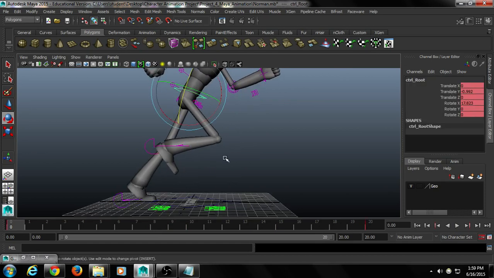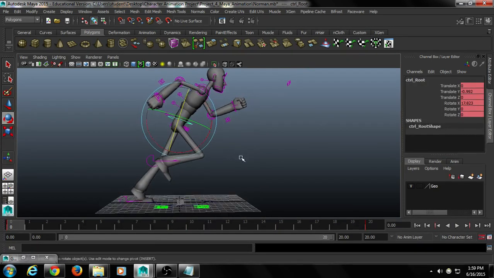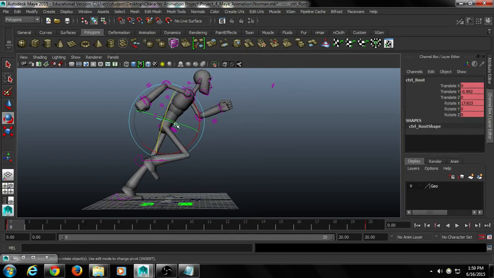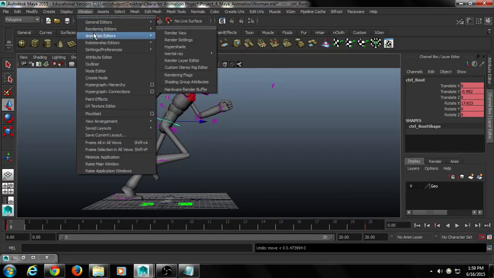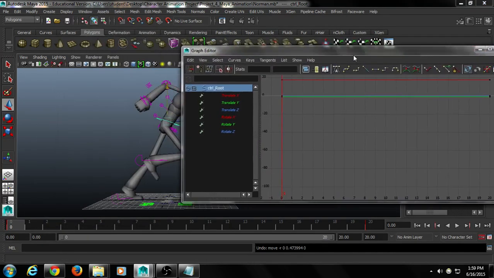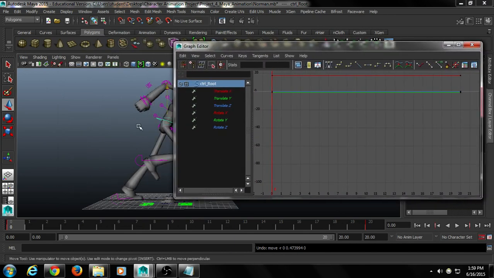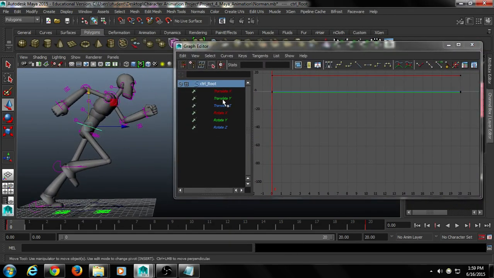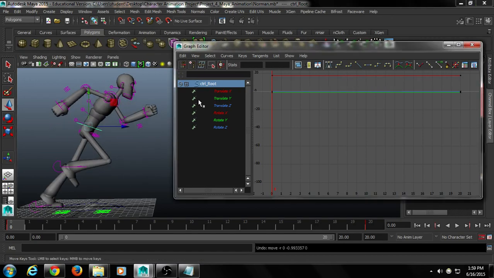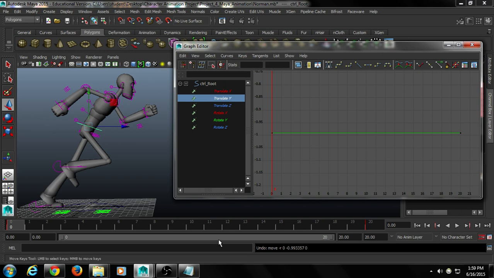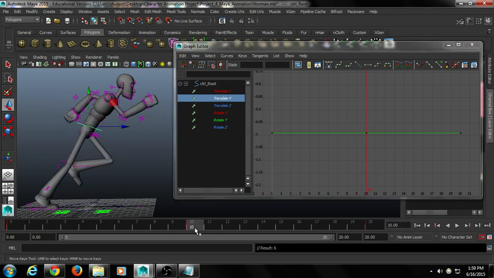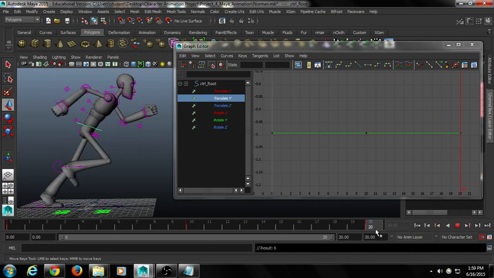Okay, and this is a little tricky, but if you can pull it off, it really makes things much easier. So I'm just going to grab the hips and I'm going to move those. Open up my Windows Animation Editor Graph Editor. Move this over here. And we're going to go with translate Y because that's up and down. I hit F to center this in my view like you'd center anything else in Maya. And I'm going to set a key on frame 10, so I have 1, 2, 3 keys. I'm going to select those, hold Shift and